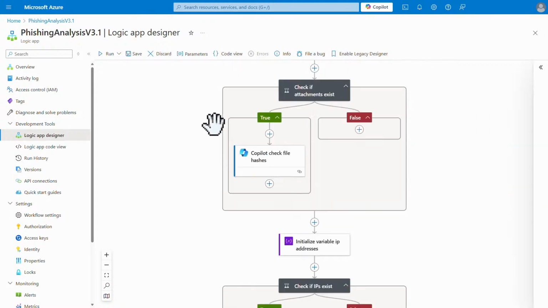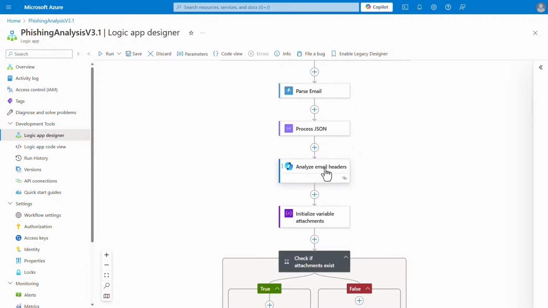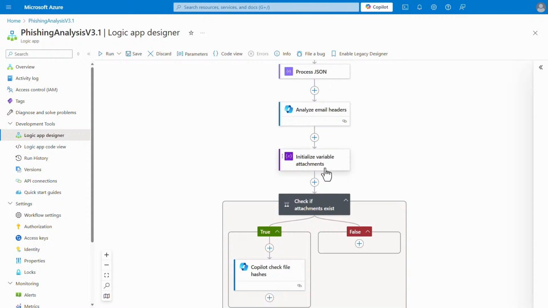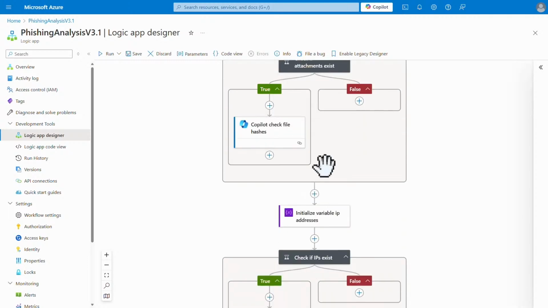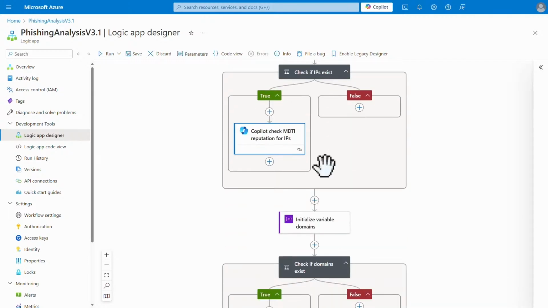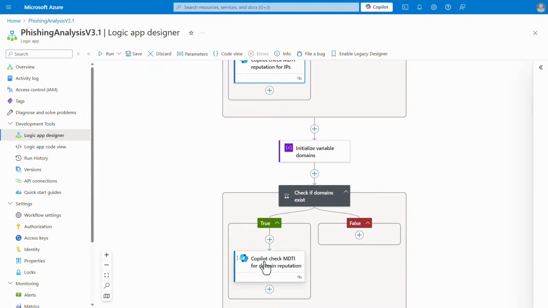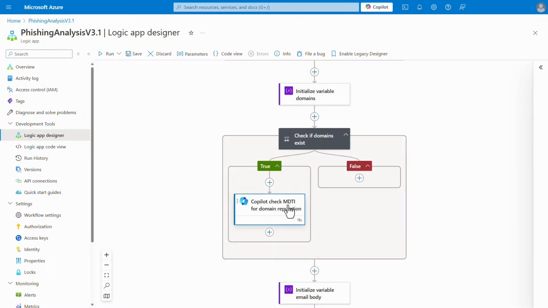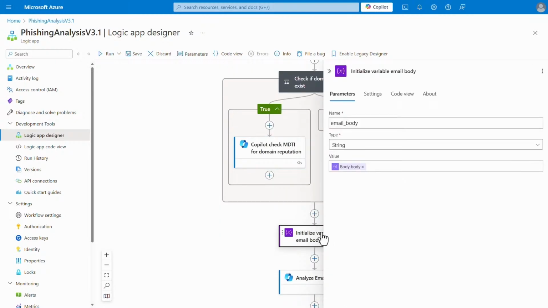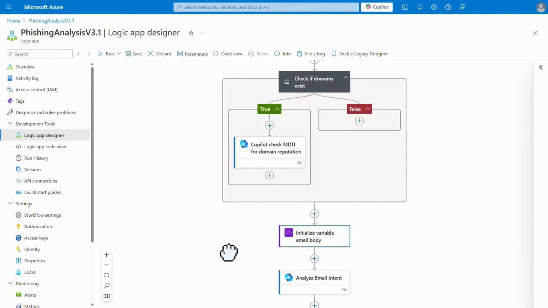Now, a really cool part about this, and an important little hack, if you will, is that in a Logic app, when you're using multiple prompts, you want the session to contain all of those prompts because we're going to do something at the end. And the way that we do that is actually through that session ID option. That session ID is pointing to the original prompt, and that's how we can keep the session the same throughout.